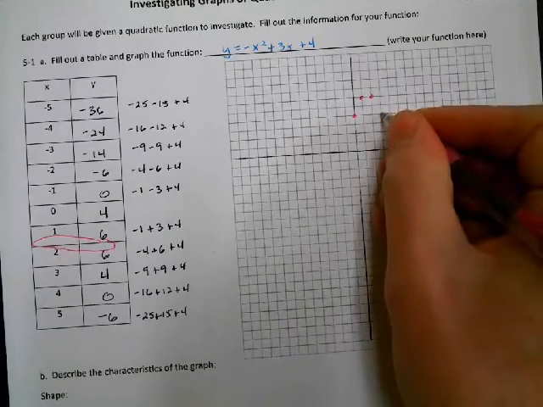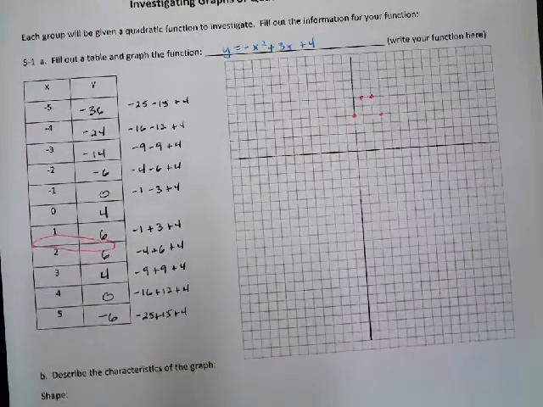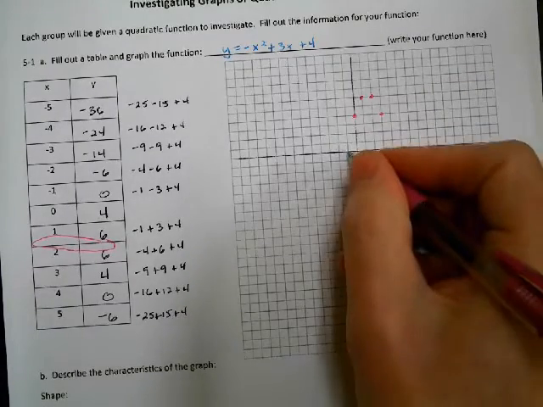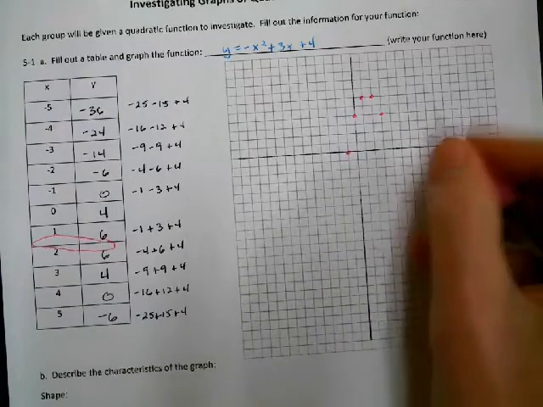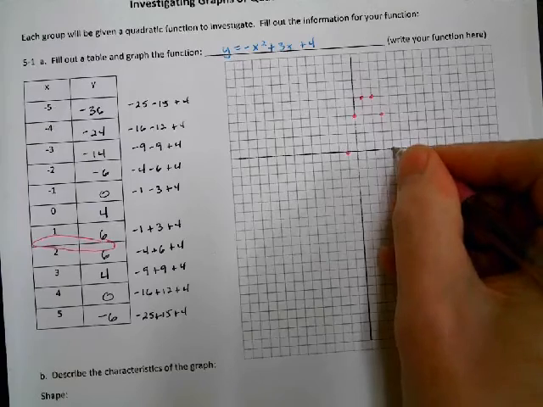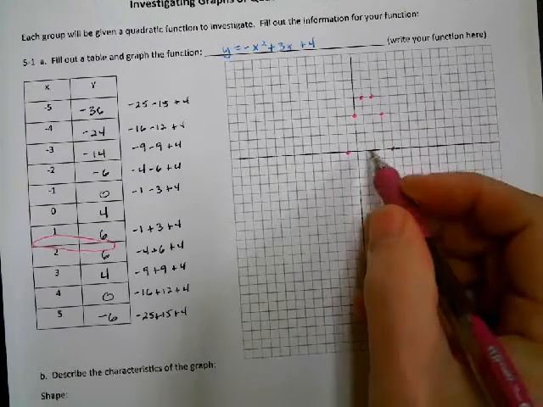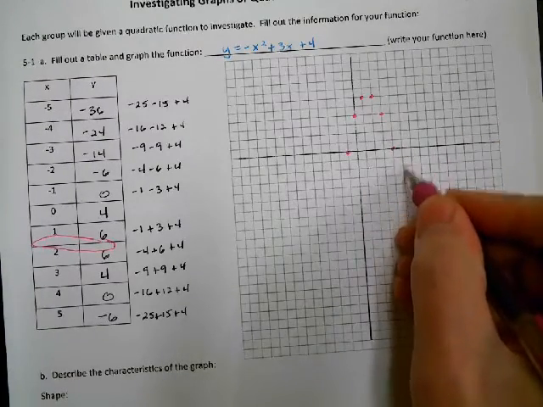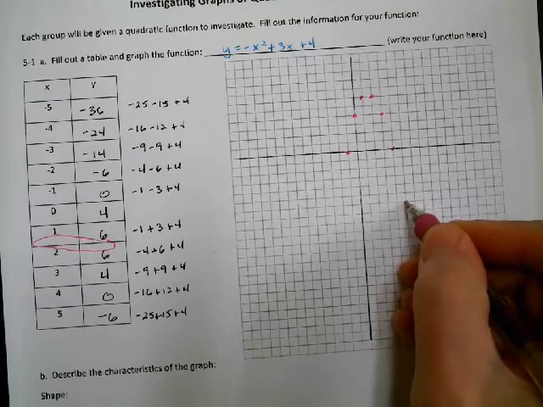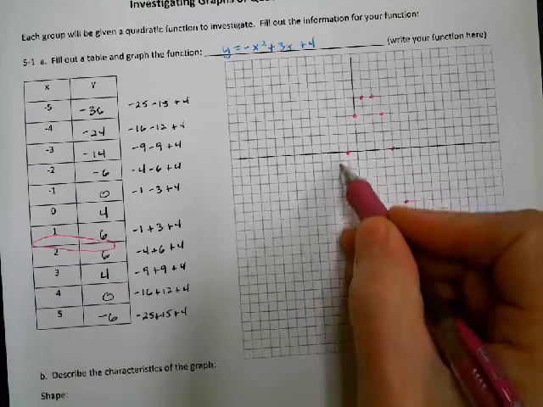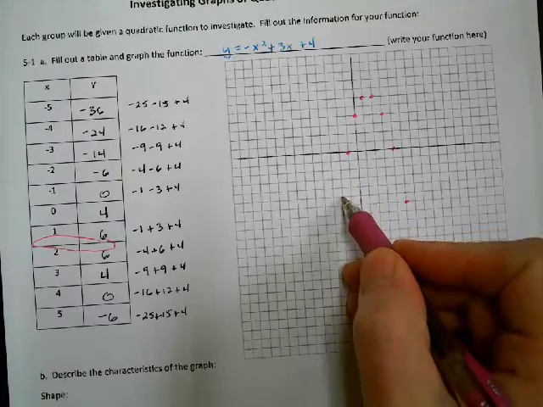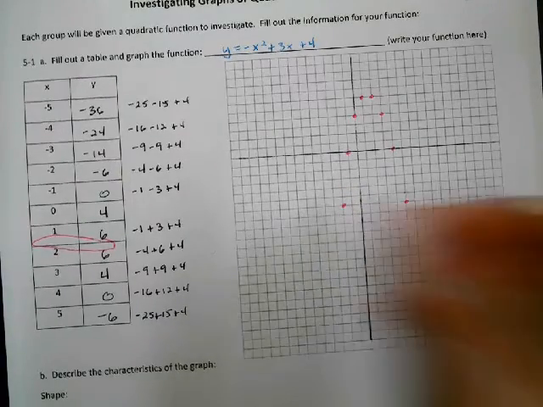And then negative 1, 0, and 4, 0. And let's see, 5, negative 6. 1, 2, 3, 4, 5, 6. And 1, 2, 3, 4, 5, 6. We're going to just stop right there. So we're graphing this. Now our axis of symmetry on this one